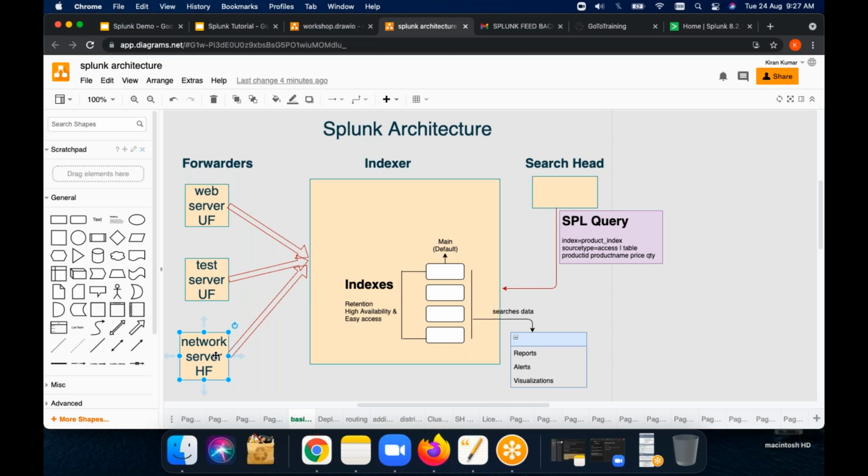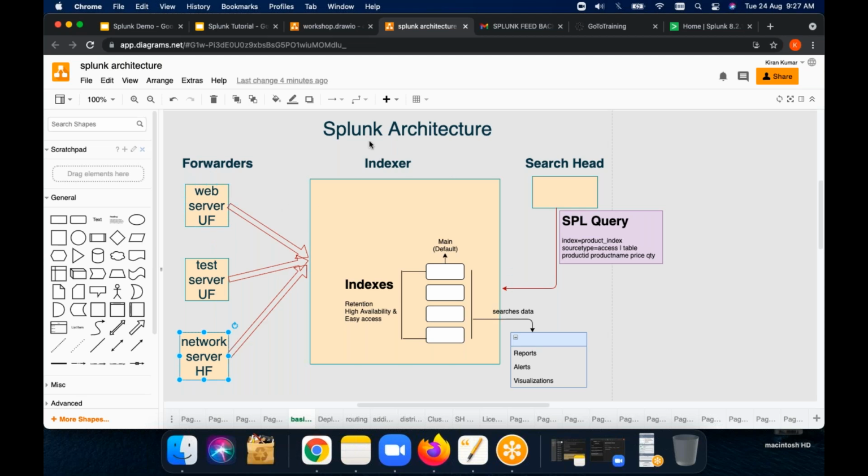So what you will do is forward those files first to the heavyweight forwarder, and then forward that to the indexer. That's why forwarders are components of Splunk that forward data to other forwarders, other heavyweight forwarders, or to the indexer. We may define the forwarders like that.